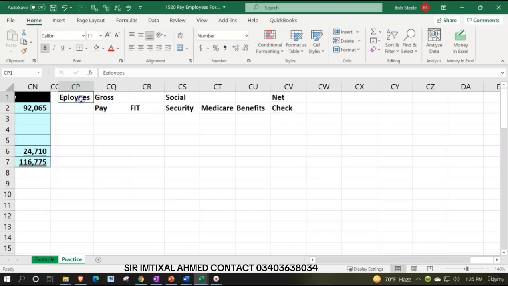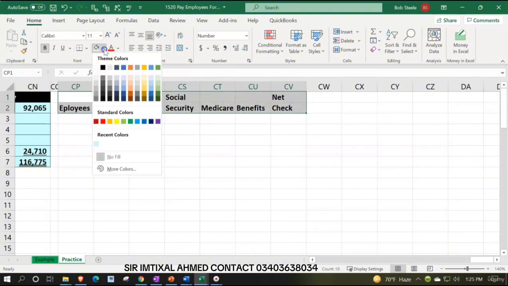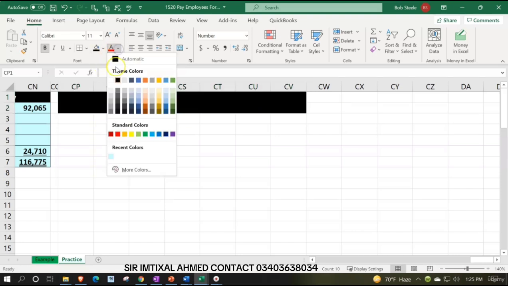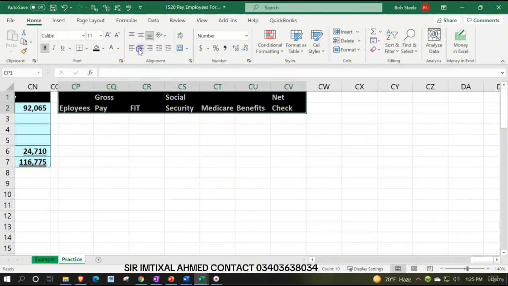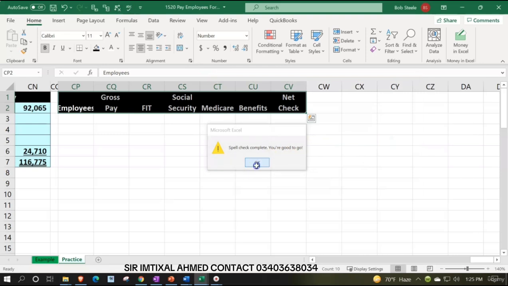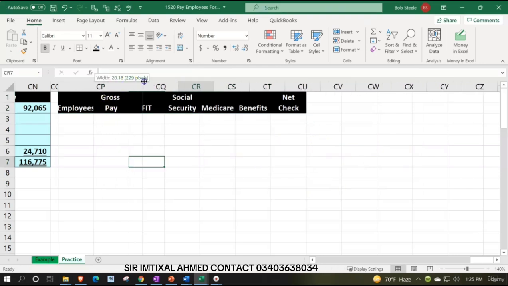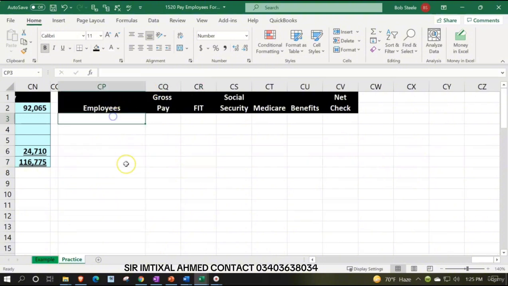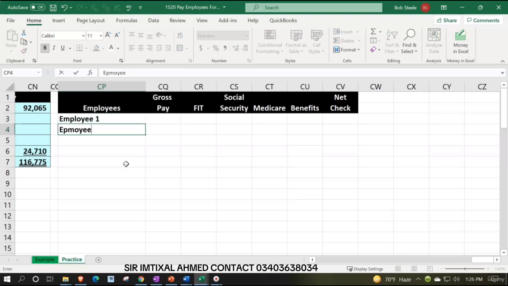I'm going to do my formatting. I'm going to bring this on down and then format this. Let's make that our black and white, as has been our tradition. This will already be there on your worksheet if you're using this worksheet, but if you're building this with us, this is us building it. We're then going to center this. Check the spelling on it. Employees is misspelled. Spell employees right, for goodness' sake. And then I'm going to make this a little wider, and I'm just going to call it employee 1, E1, this would be their names, by the way, of course, and employee